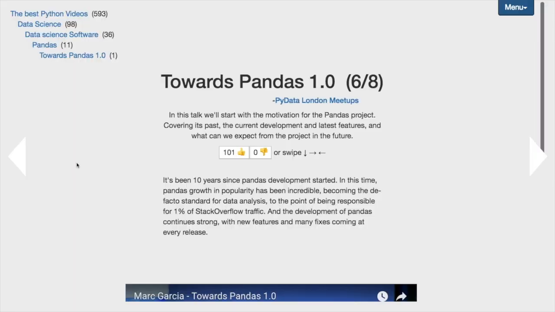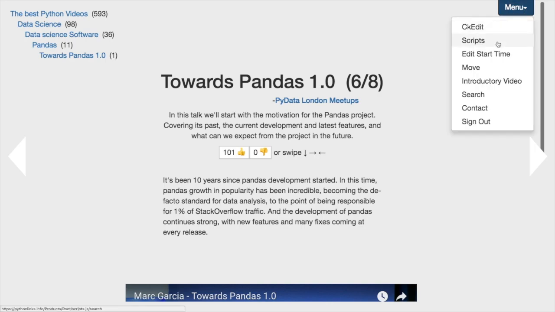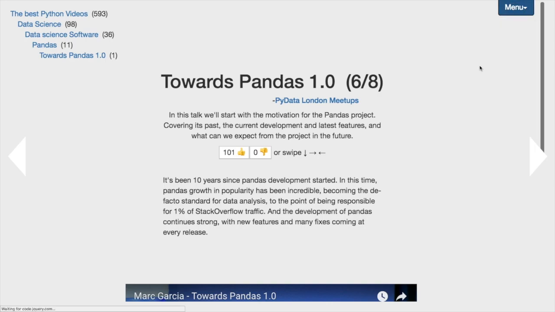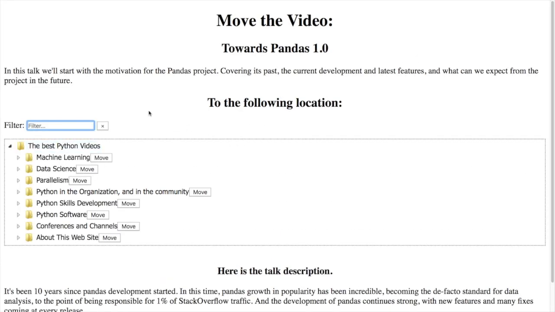The next question is, how do I categorize these videos? I import 50 to 150 videos at a time from a conference. Everybody knows how to scrape the web and do that. There's a pretty easy API on YouTube. Let's take a look at one of these videos. This is actually already sorted, but let's say I wanted to move it someplace else. I have this very nice interface here, and we're just going to move it to the same place